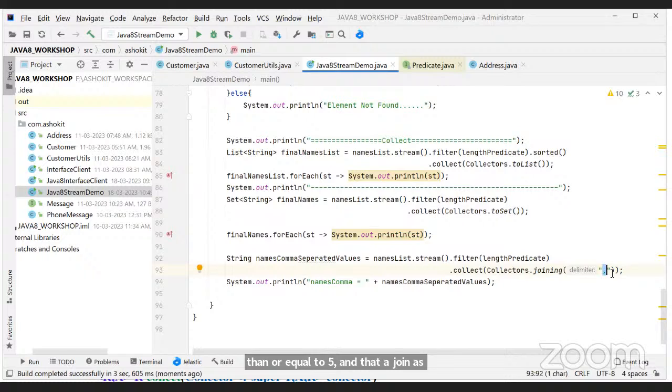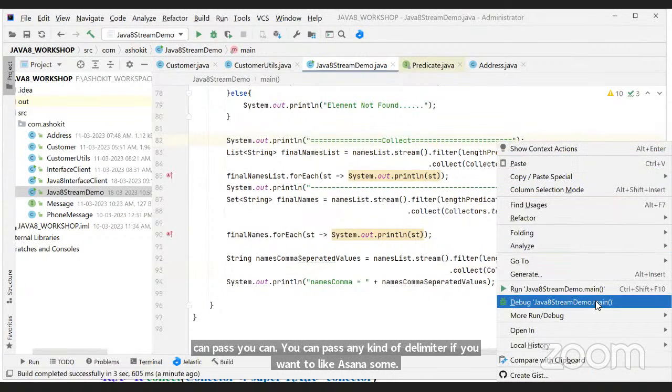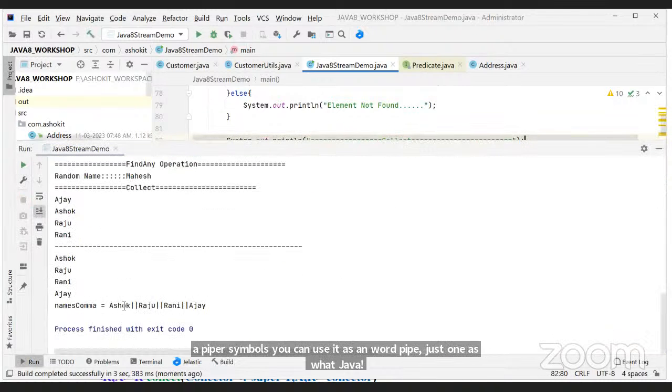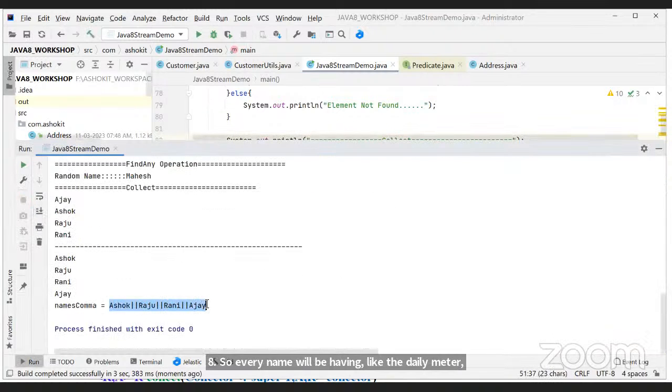You can pass any kind of delimiter. If you want a pipe symbol, you can use pipe. Just run it. So every name will have the pipe symbol as delimiter. As per your convenience, you can pass any kind of delimiter.